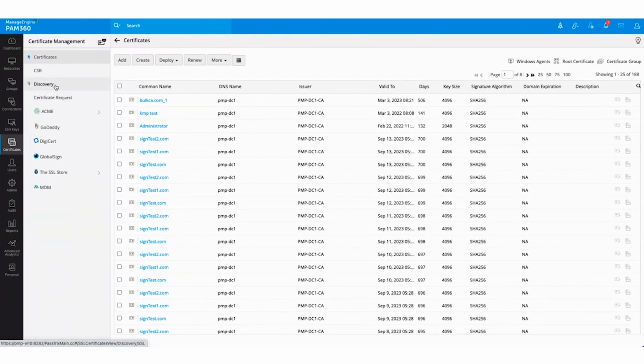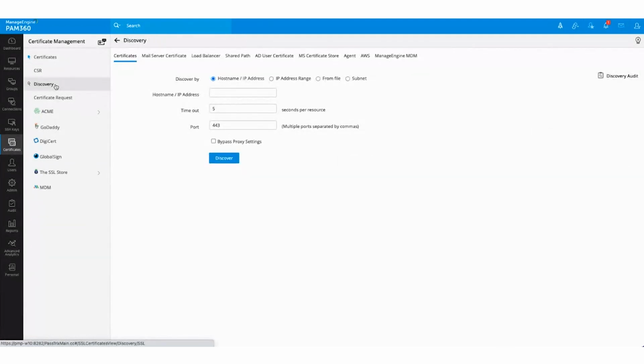So to discover certificates using PAM360, we can log in as an administrator and navigate to the certificate management page. Here under the discovery, we have different discovery options. So let's say if your requirement is to discover certificates from your network, like web server certificates, then we can make use of your IP address or an IP range. Or if you have a file with info of all the IP addresses, we can very well use them to